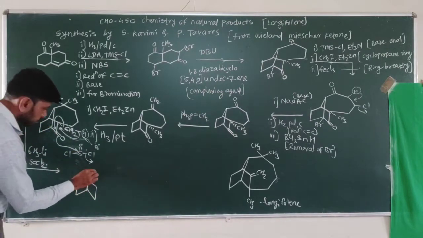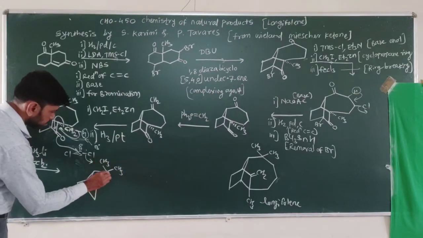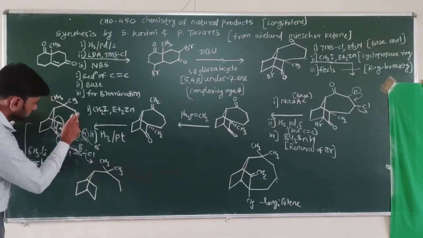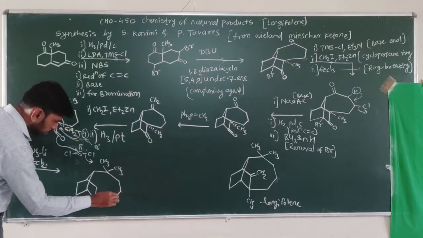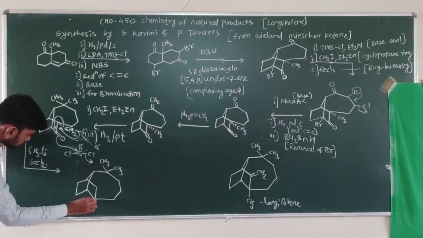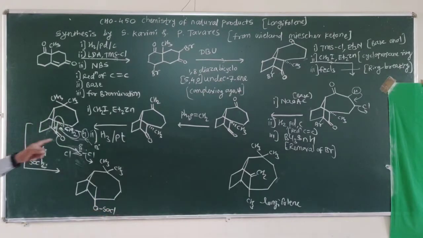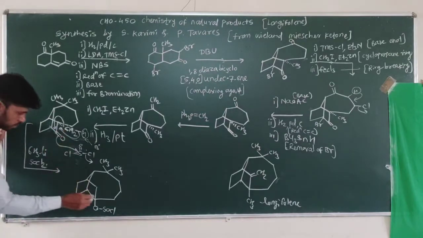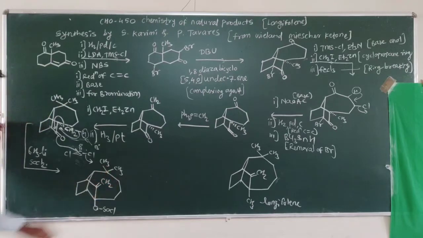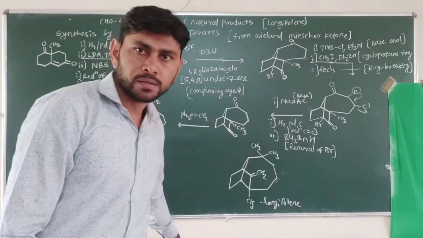See here, this CH3, this CH2, CH2, then CH2, again one CH2, and it joins here. So we get here OSOCl. Okay, OSOCl, and now this CH2 is from this carbon. So the double bond CH2 is here. The structure looks like this. So we get this.